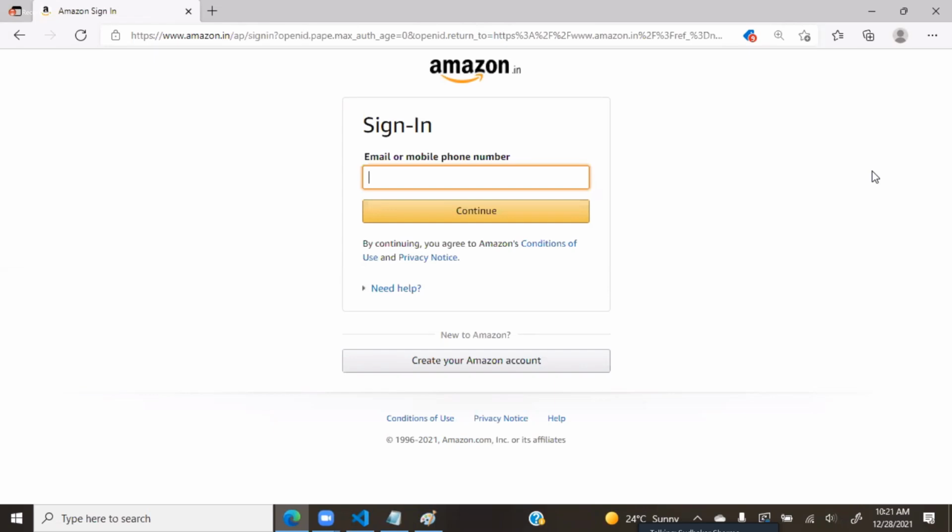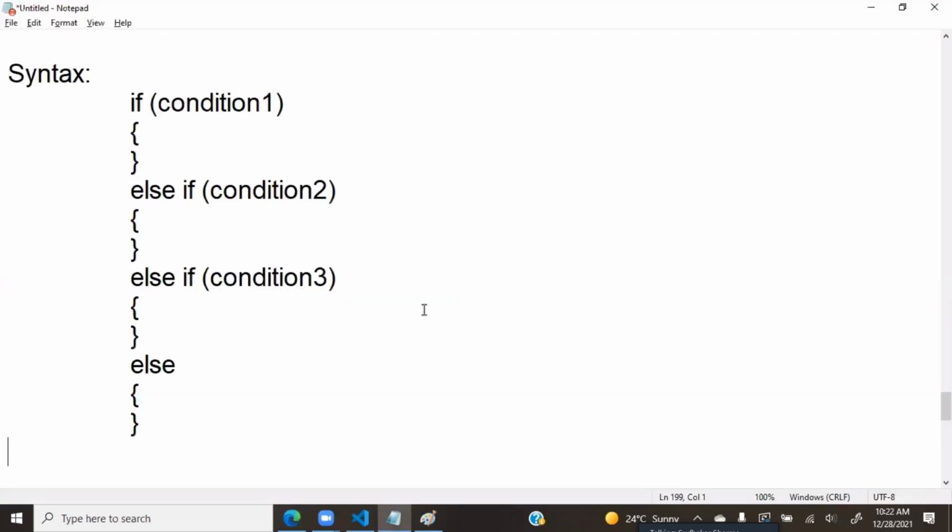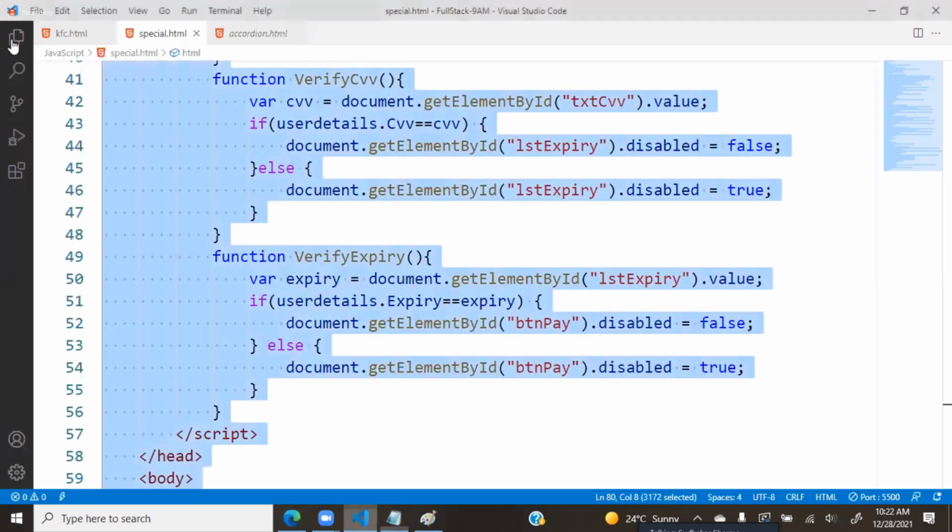Earlier, if they ask to enter username, only username, they cannot enter anything else, right? But now there is a choice, this is multiple choice. How to design this? How will you verify whether logged in with email or logged in with mobile? Let's design this. So let's create a simple